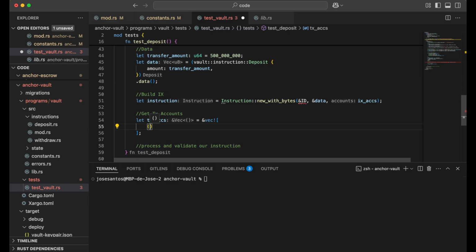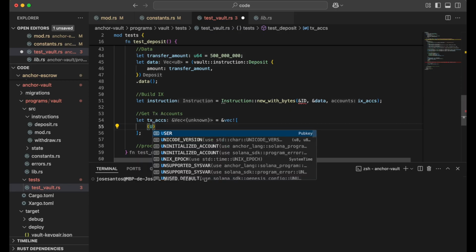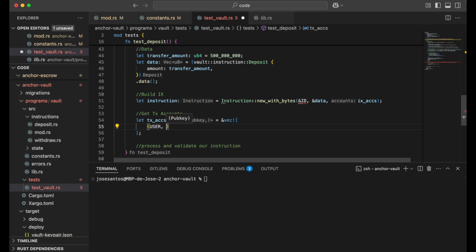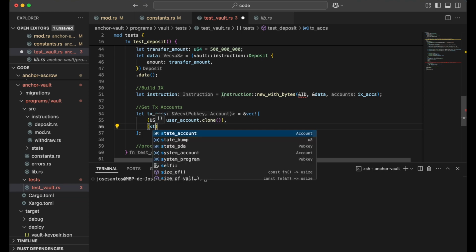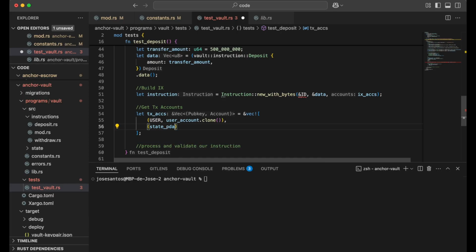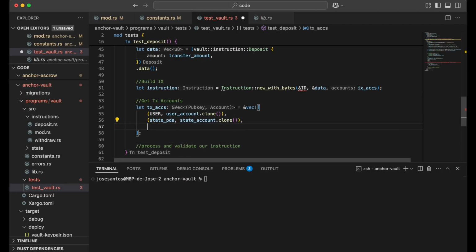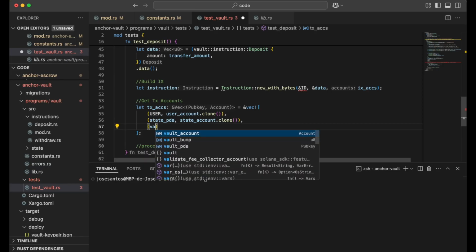So let's start with the user. So it's a user, and then we need to get our user account, which is going to be cloned. And then we do the same for the rest of the accounts. So state PDA, state account, .clone. And we go for the vault PDA,